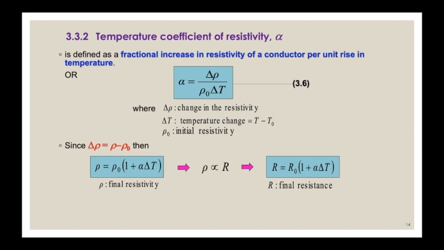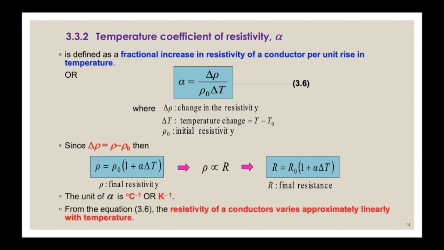So when we rearrange this, you get these equations, and since rho is directly proportional to resistance, we can just substitute rho with R, and the unit for alpha is per degree Celsius or per Kelvin. If you notice, these equations are exactly the same as the equations that we learned in chapter 12 in Sem 1,